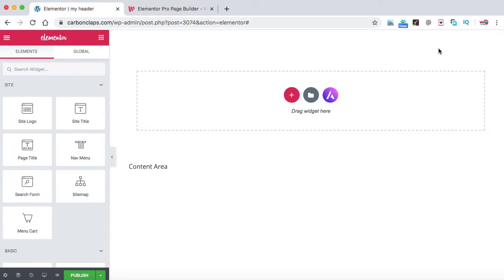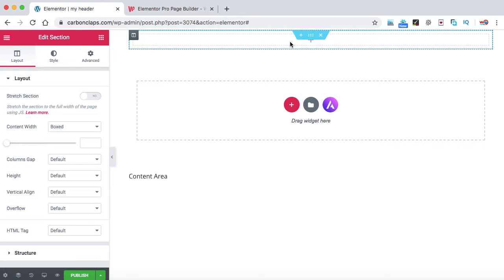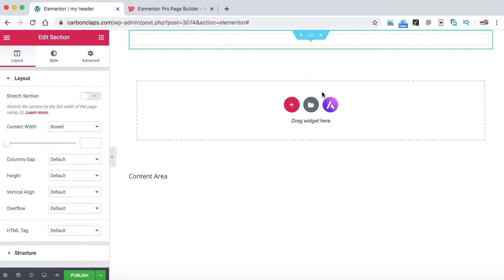Okay. Now this is the screen from where we can make the custom header for our website. The very first step is we can click on this plus icon and add a section. This is the section we have added and we can make it full width. Once we click on these little dots on the left hand side, we can see all the settings opened. Here we have the option stretch section under the layout. Let's click on yes and this section is 100% full width.